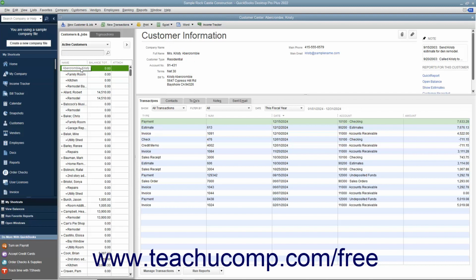You may notice that this is called the Customers and Jobs tab within the Customer Center and called the Customer Job List within Forms. Sometimes it is simply called the Customers List. It really doesn't matter what you call it as long as you realize that it's all the same list within